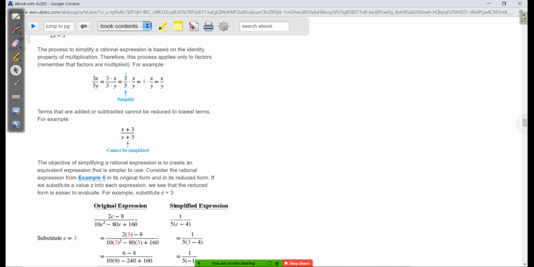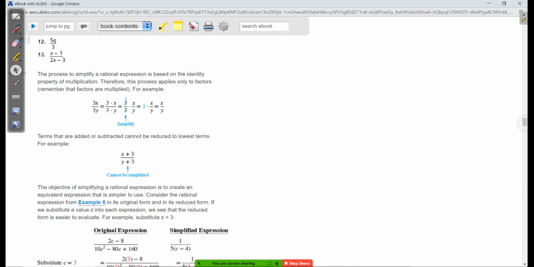So this is, oh, look at that. It's kind of the same example there. Let's do,